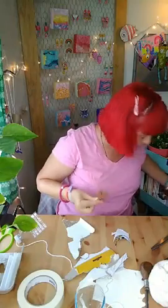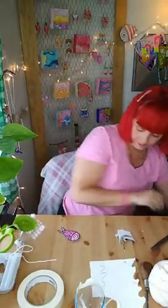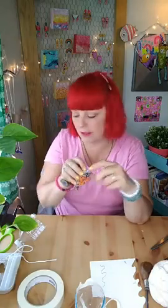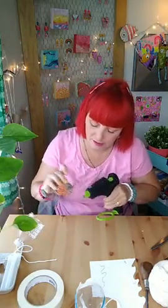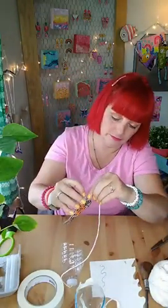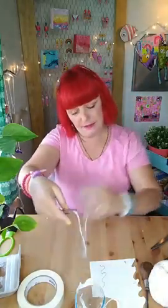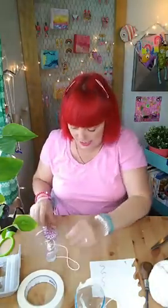Okay, and now that you have that, you're going to take your fish and you're going to pull it kind of apart right here. And you're going to put glue right in the middle of that. And then you're going to stick the end of that string inside there. Like this. Right where you put the hot glue, right in the middle. And then push it down. And then you have your fish attached, right? Now it's attached. So that part's done. Now we got that attached. Next step is